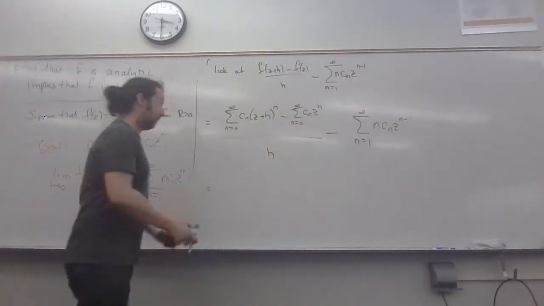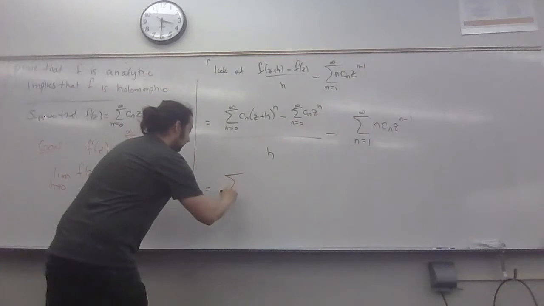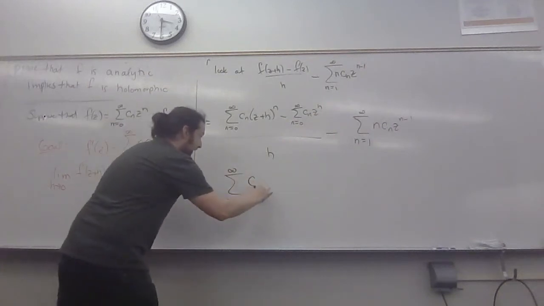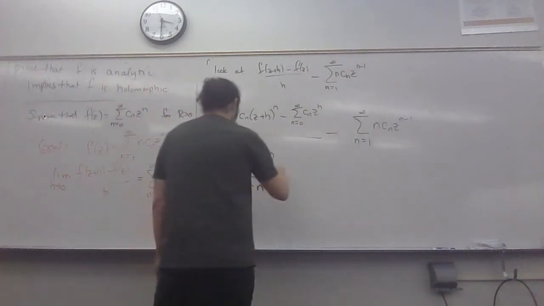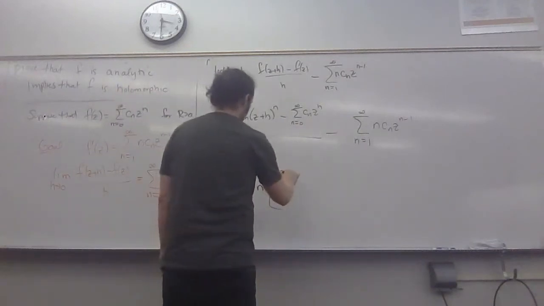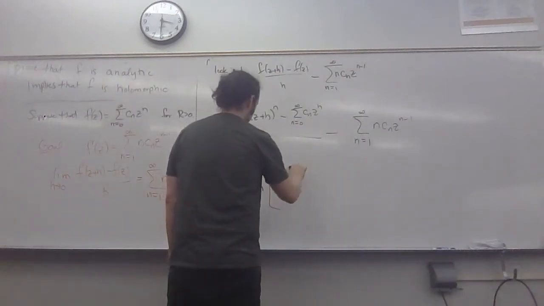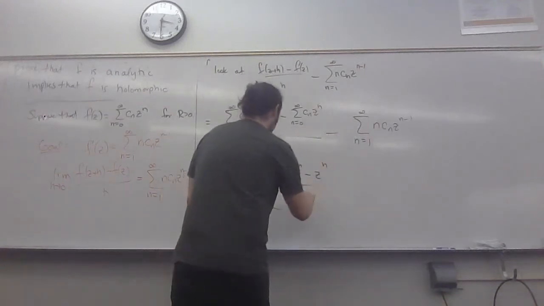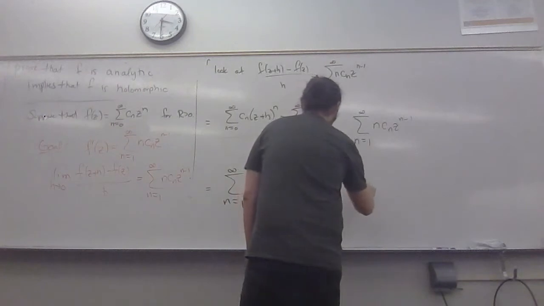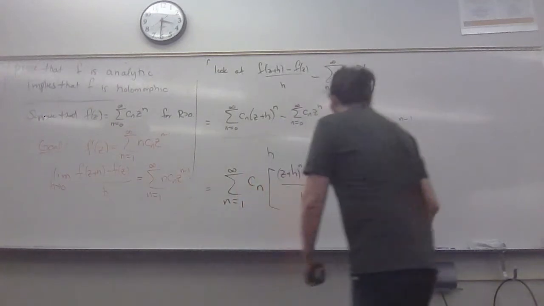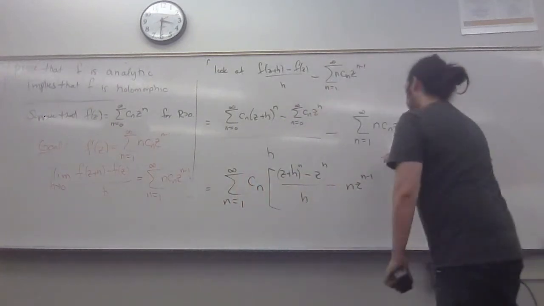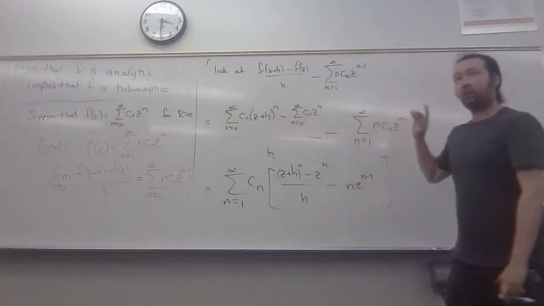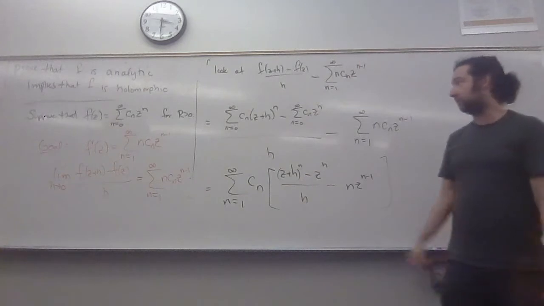So I'm going to rewrite this as the sum from n equals 1 to infinity. Everything has a C n inside of it. And then what's left? z plus h to the n, minus z to the n, over h, minus n z to the n minus 1. I should be careful with h's here. There's no absolute values yet. Okay, so what did I do? I pulled all of these things into one sum,